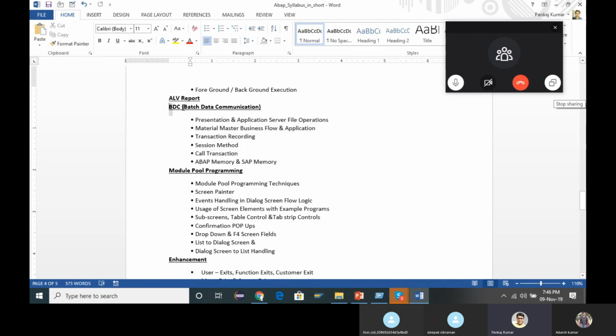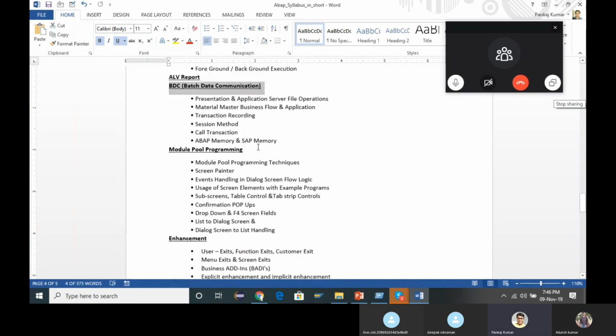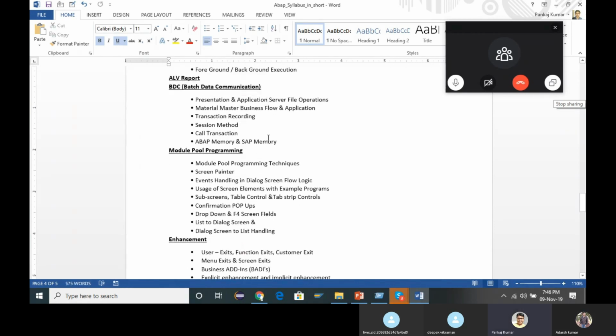At that time, we use BDC to migrate the data, to upload the data into the SAP system. BDC is also used to automate processes. We will see these two uses: automating the process and migrating data, uploading data to the ECC server.